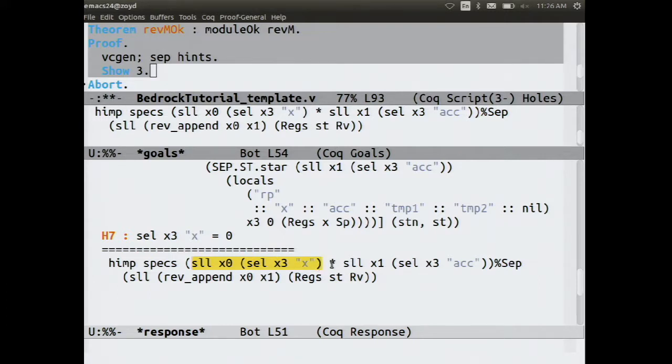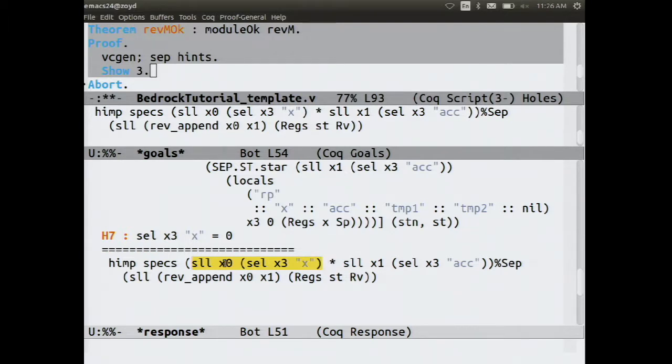Could we simplify this expression knowing that this pointer, that's the root of a linked list, is actually null or 0? Yeah, the list is empty. We should just be able to cross this out and additionally record the fact that x0 must be nil. So given the steps I've been taking so far to refine this proof, any suggestions what we would add to our tactics to take advantage of that empty lists go away property?